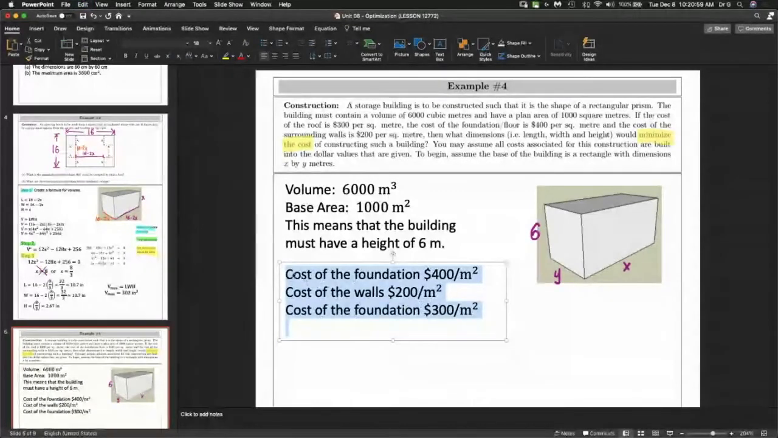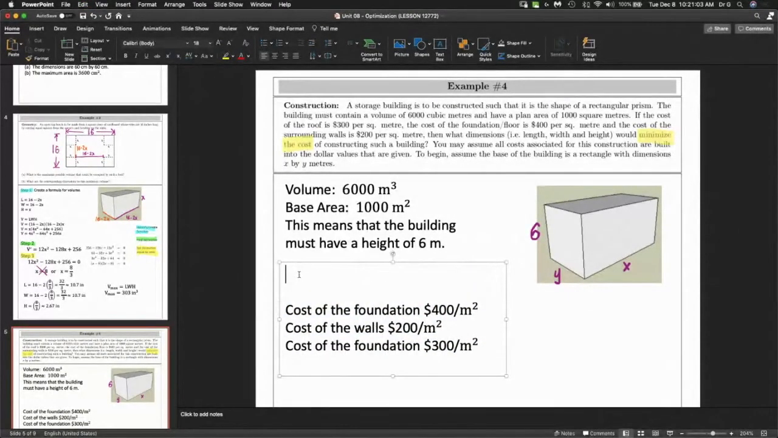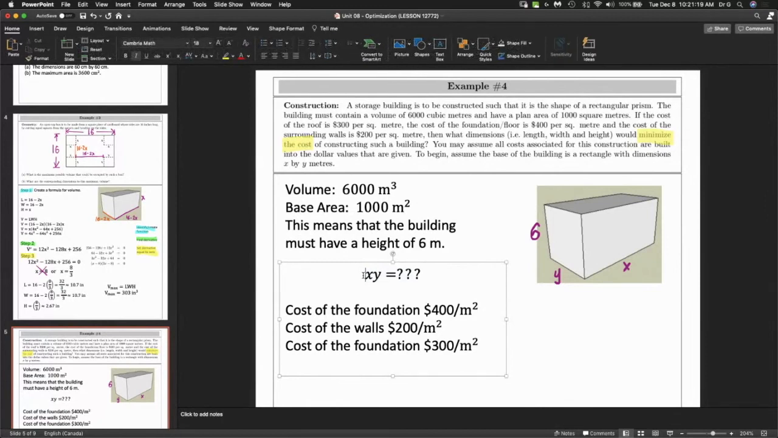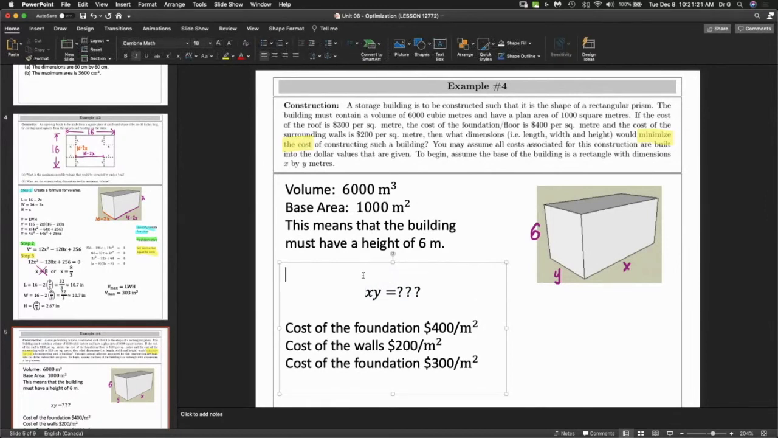Okay, so we're getting somewhere. We've laid out the information. It's a little bit annoying, but it's there. We also know one more thing. We know that x times y equals what? What does x times y equal? Yeah, it equals the area. That's our constraint. The constraint is that x times y equals